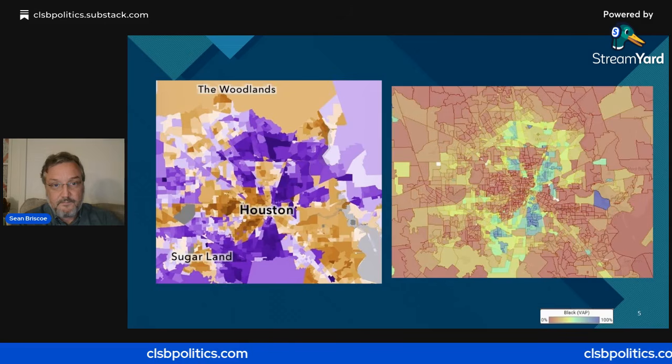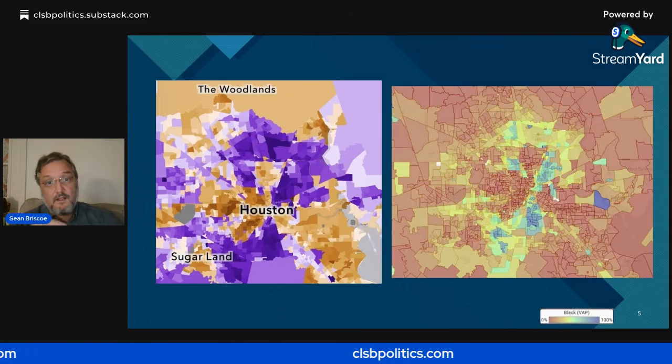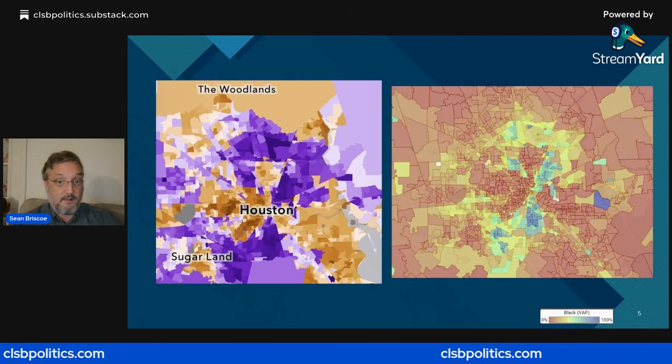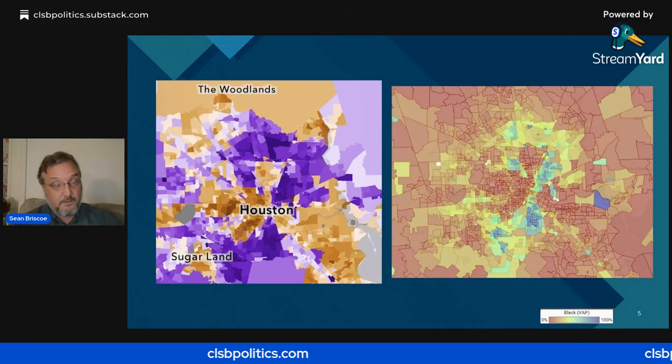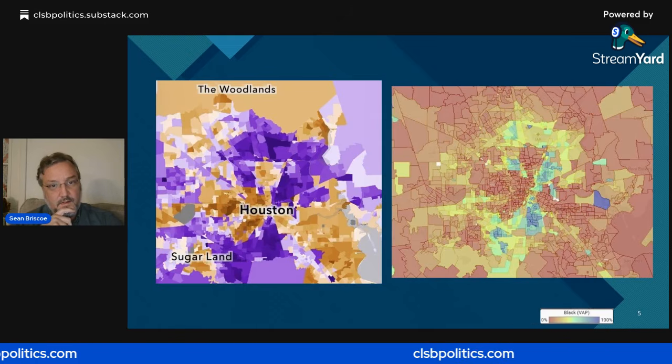Not bad. Let's go to Houston. This is the other city that Jasmine Crockett won. Again, you can see that diagonal blue-green line that runs through the demographic map on the right side, versus the voter turnout map. The purple is Jasmine, of course, and it is also running horizontally through this map.